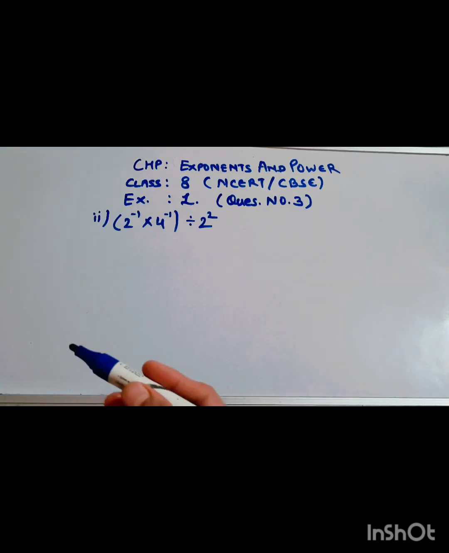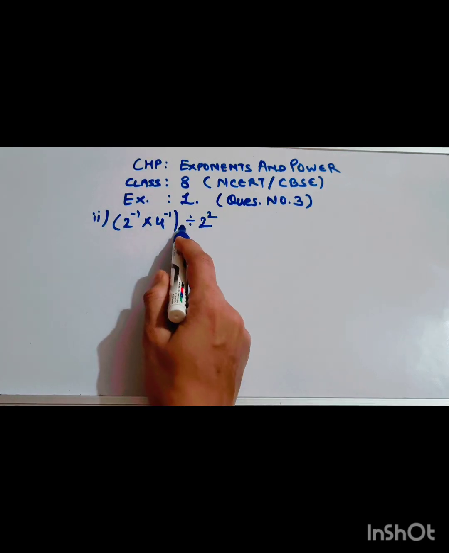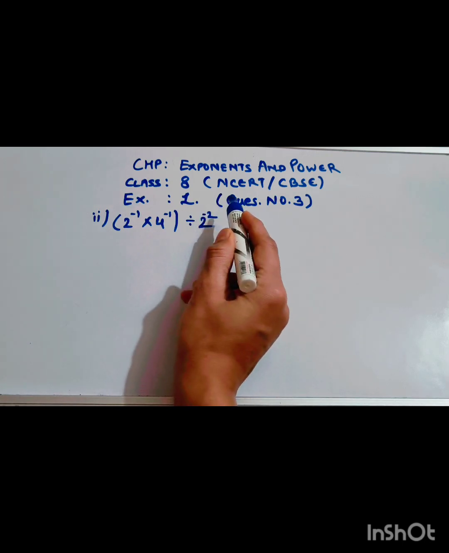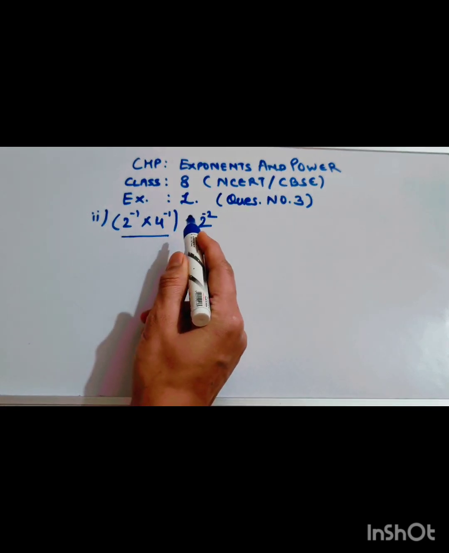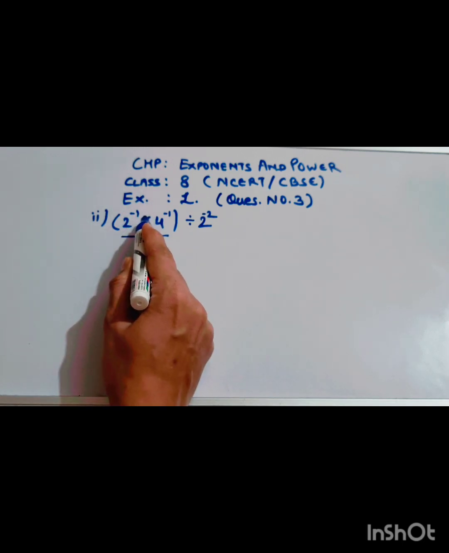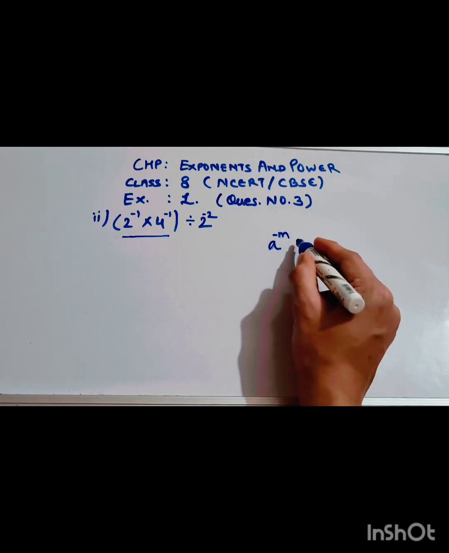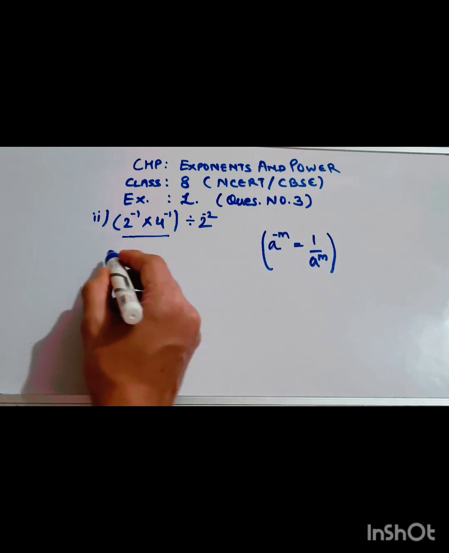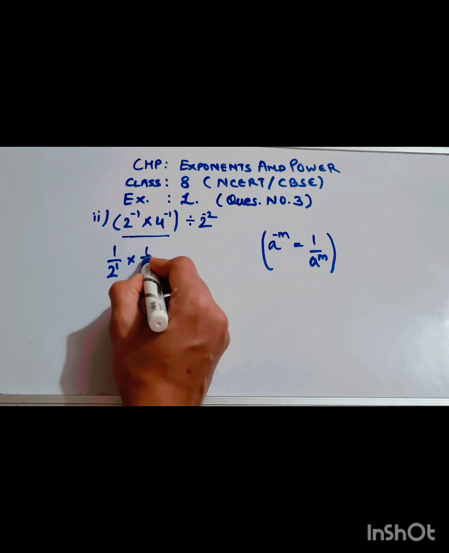The second one is (2 raised to the power minus 1 into 4 raised to the power minus 1) bracket close divided by 2 raised to the power minus 2. So first we take the bracket. As we can see, the power is negative. So how will we solve? We know that a raised to the power minus m we can write as 1 divided by a raised to the power m. So by this rule we'll write 1 by 2 raised to the power 1